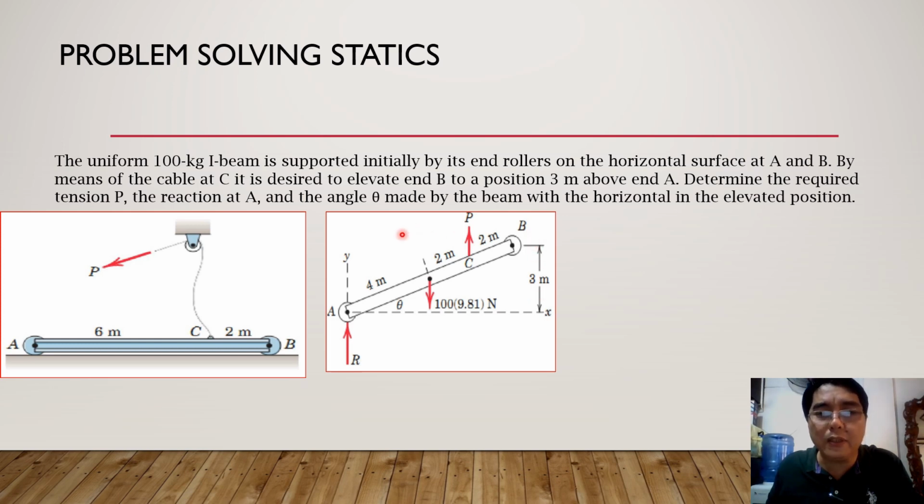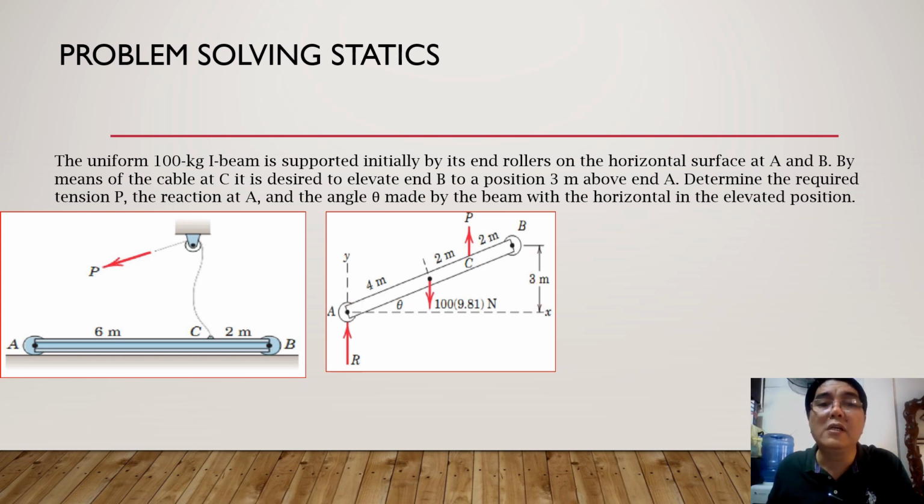So, nandito na tayo sa kabila sa free body diagram. To every action, there's an equal and opposite reaction. That will be the reaction at A. That's Newton's third law of motion, action and reaction. So, may reaction at A tayo. And then may point of application of force natin is 6 meters away from A. That is P. And we are actually looking for that P na mag-aangat sa kanya ng 3 meters from this